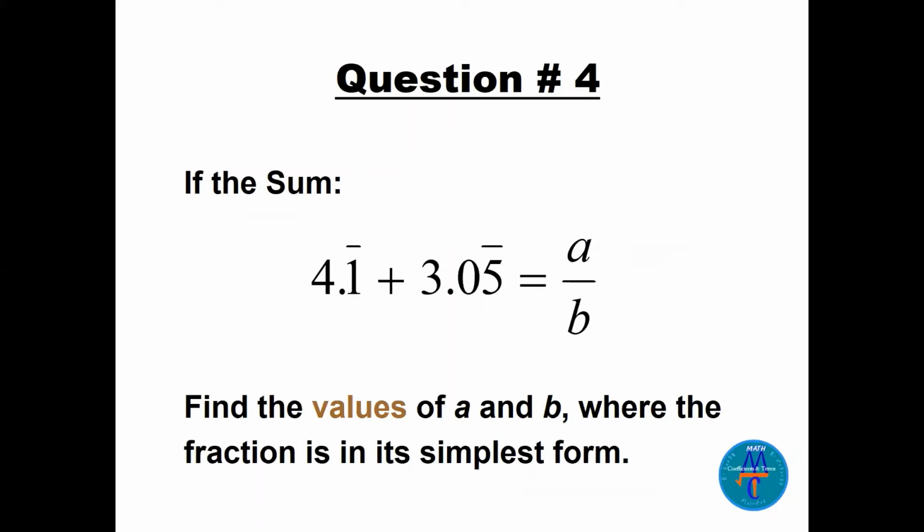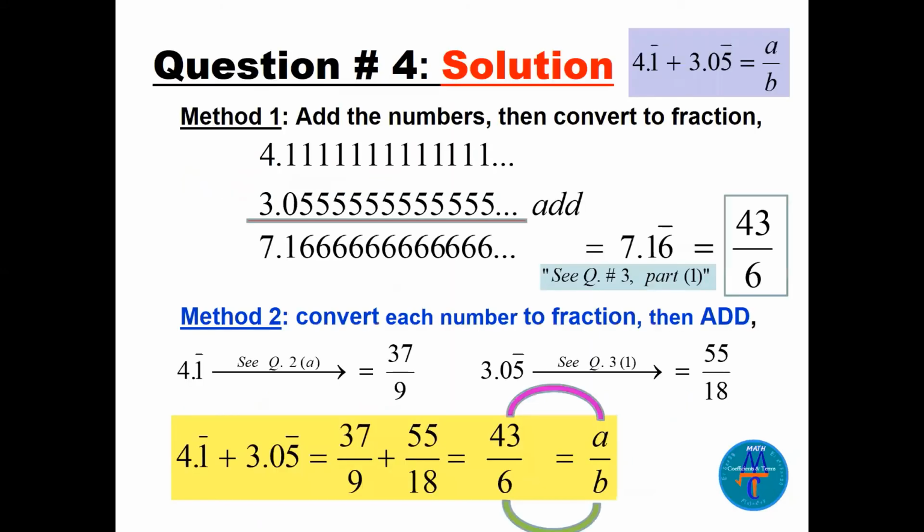Simple. You can do it any way you like. You have more than one method. Here I will present two methods. Choose whichever is easiest for you. Method number one, we can add the numbers and then convert to fractions. So I just write 4.111111, 3.055555. When you add the repeated parts, it will be all 6, and then we have